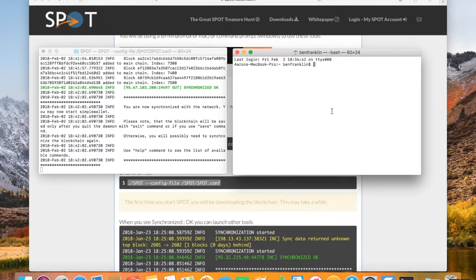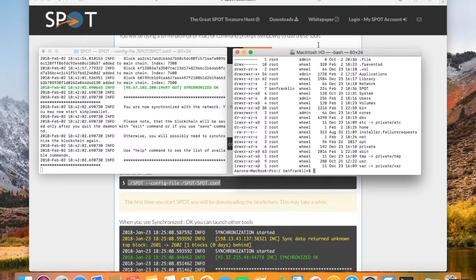So going back to the guide, I'm going to find that command for launching Simple Wallet. Now this is a tutorial, so I'm going to show you how to generate a wallet. A lot of times you just need to reopen your existing wallet, but again, I need to get to the root of the drive, and you can see that right after. You can see I'm highlighting the Spot folder again, so if you change that directory,